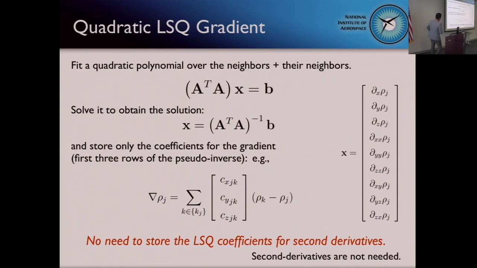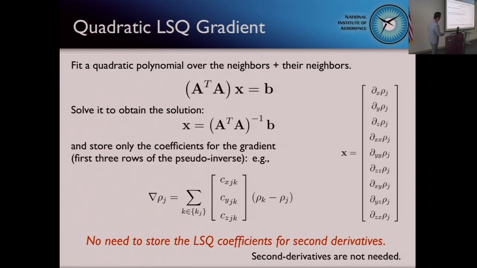And also, I'd like to point out that doing quadratic least squares is not really a big additional computation. If you fit the polynomial over the neighbors, and typically we use the neighbors' neighbors also, you have the normal equation, which you can easily invert. And now this is a 9 by number-of-nodes big rectangular matrix, corresponding to these solutions. But we don't need these second derivatives in this algorithm. So we only store the first 3 rows. So if quadratic least squares is possible with a compact stencil, this is exactly the same cost as linear least squares.